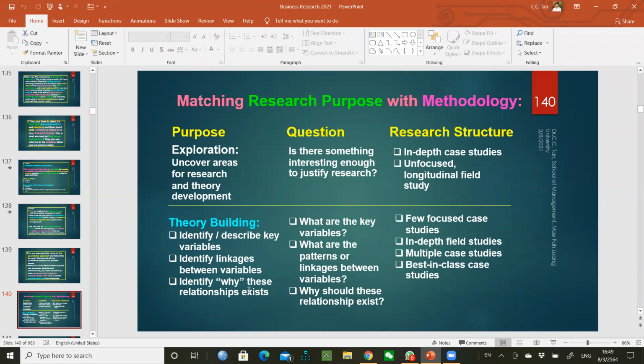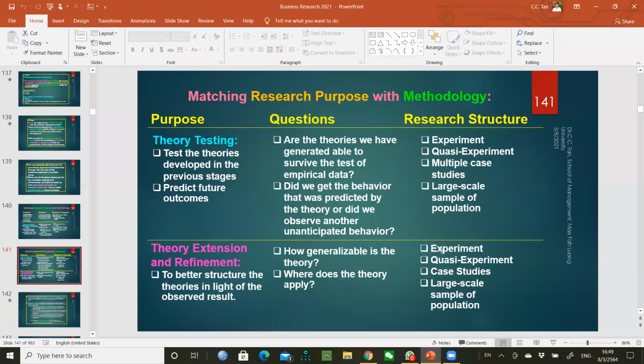Okay, so for example, in theory building, identify and describe the keywords, and what you want to know: what are the variables, what are the patterns. Because you do not know the patterns yet, you can go through in-depth case studies or multiple case studies and things like that. Otherwise, you probably can use a questionnaire design, if you already have confirmed the theoretical format of your situation. Okay, so